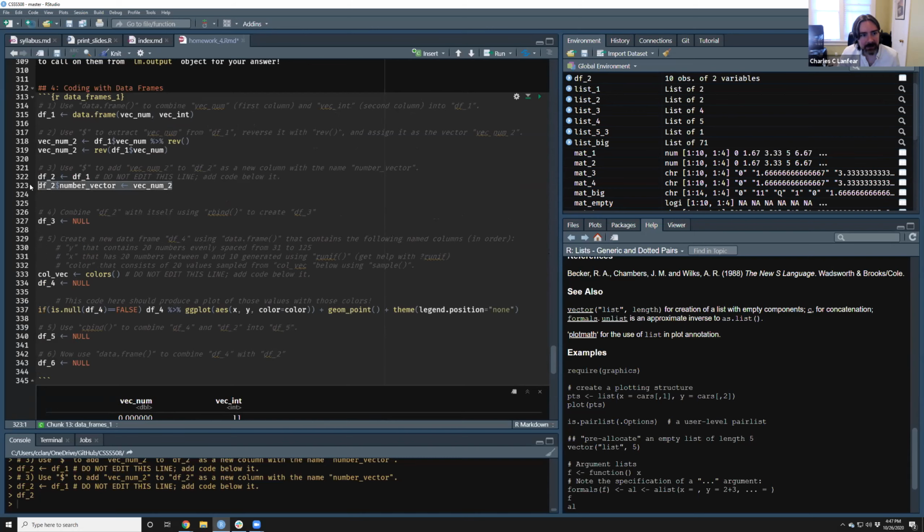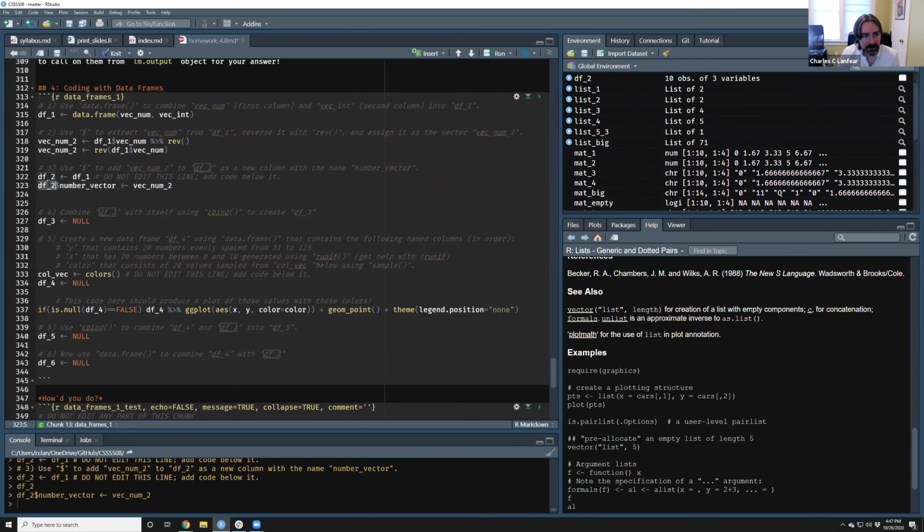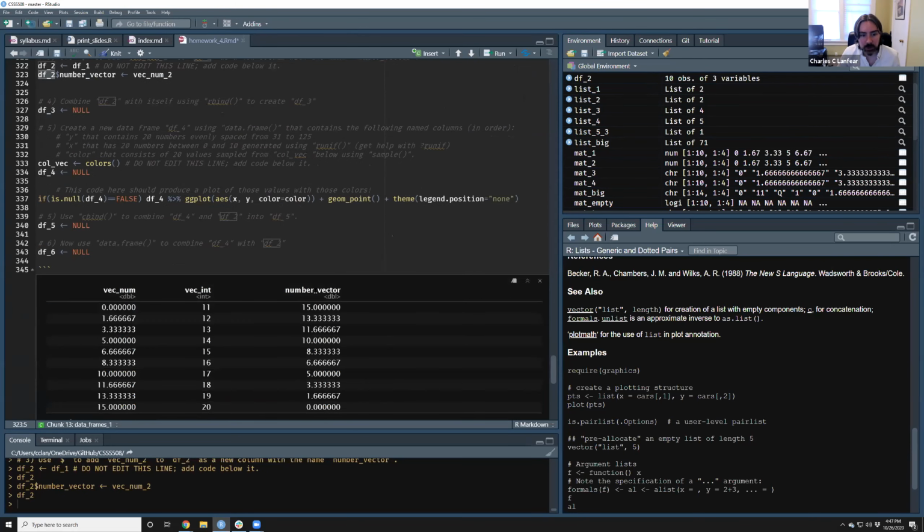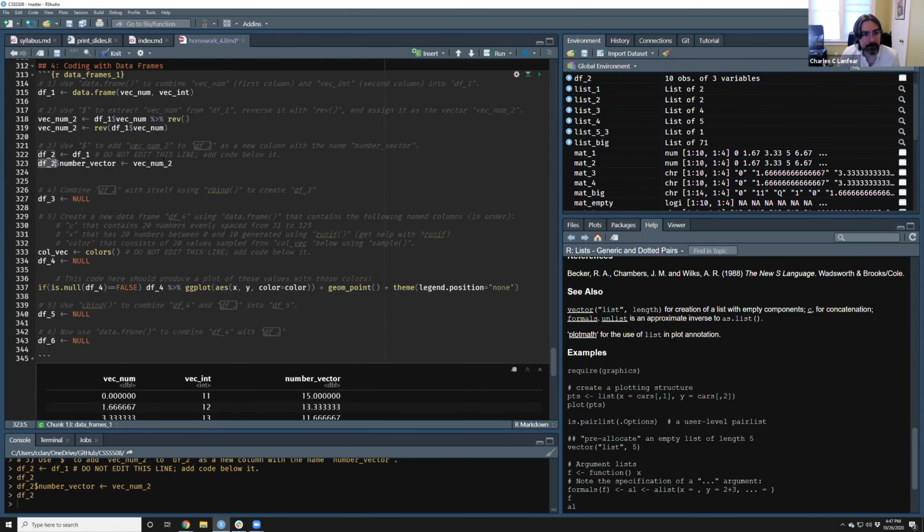If I add vecnum2 to it as number vector, it will add a new column to it, which is just this one reversed. So that's something nice to know about the extraction operator. It can be used to extract things, but it can also be used to add named columns to a data frame. This ends up being the new name. This is the contents, which gets added to it.